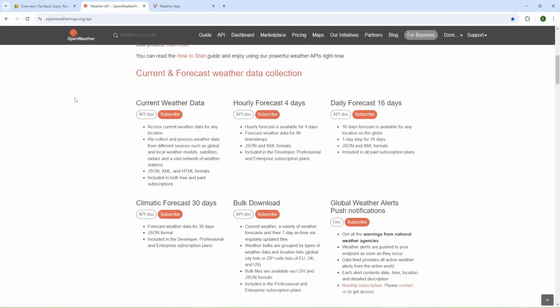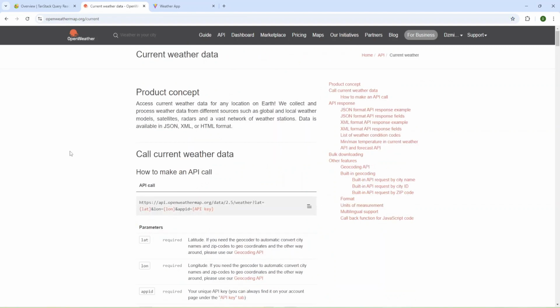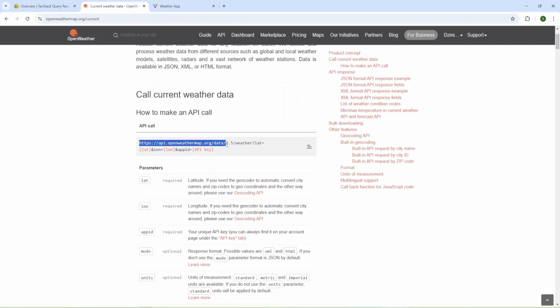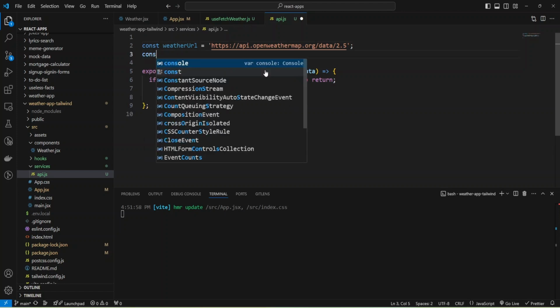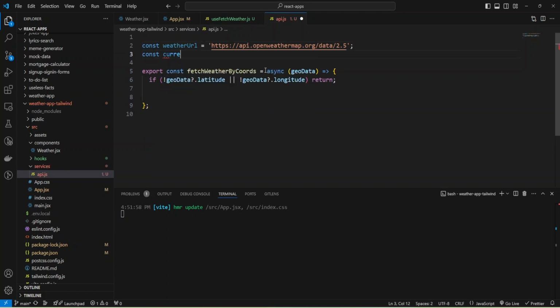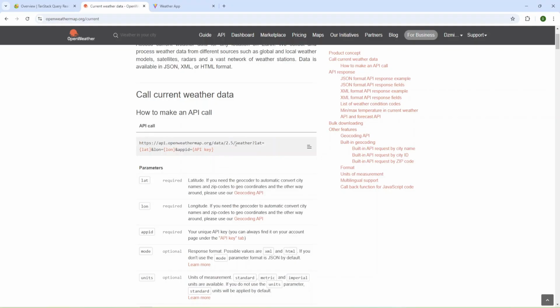I'm going to use the current weather data API docs, and we have this API weather, and we can define it as URL, and let's define the URL for current weather and add URL. I'm going to use my weather URL and add weather to it.